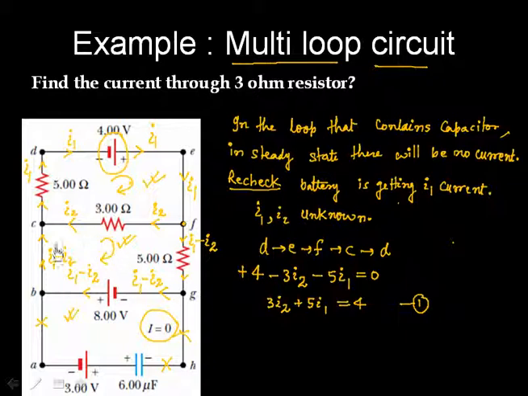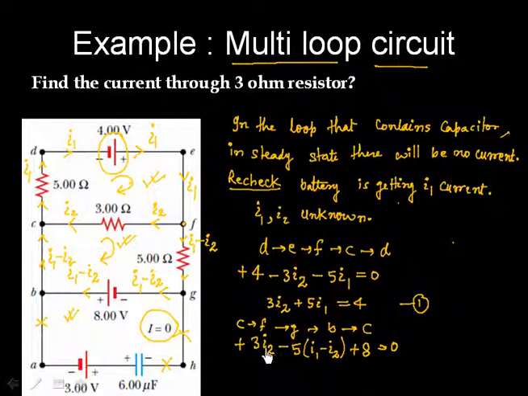So let us write, if I travel from, let us say, C to F, F to Z, Z to B, and finally reach up to C. So C to F, we are going in the opposite direction of current, so there will be a plus sign, and 3 times current is I2. In this case we are going in the direction of current, so this is minus 5 times (I1 minus I2), and I am going again. So finally it is positive, initially it is negative, so there is an increase in potential, and I am again reaching point C, so the sum is equal to 0.